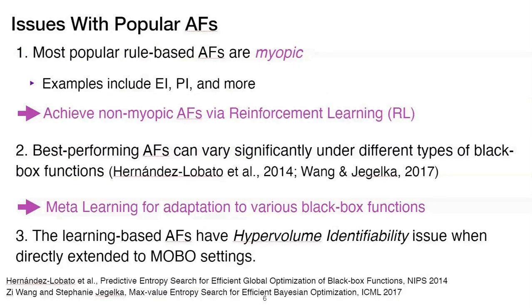Typically, most popular AFs are myopic. The intention of this AF is to maximize the immediate improvement. Different from that, a learning-based method can achieve a non-myopic AF by considering the long-term reward. Besides, AFs perform very differently under different types of black-box functions, and the learning-based method can easily transfer via meta-learning. However, when we try to extend the learning-based AF of single-objective BO, it will fail due to the hypervolume